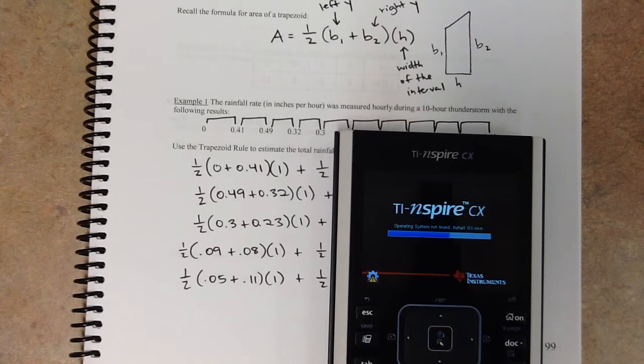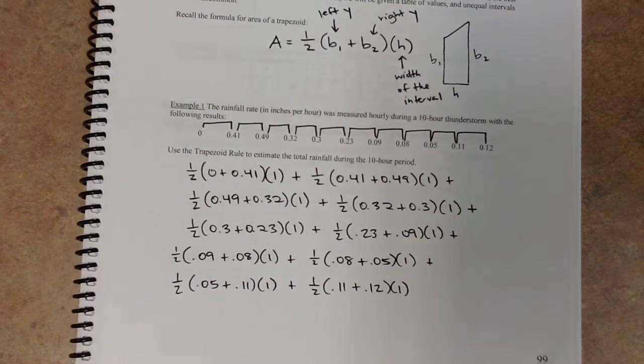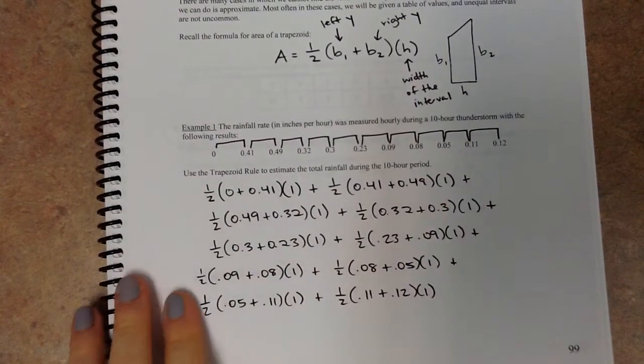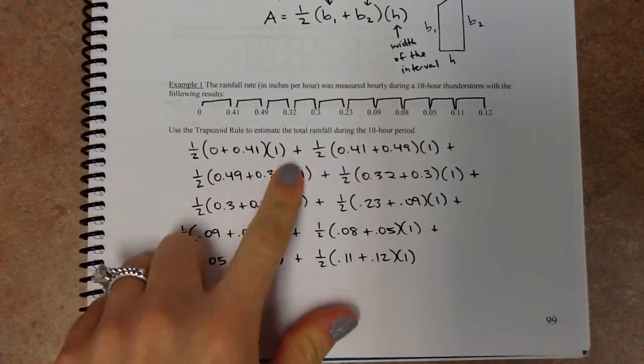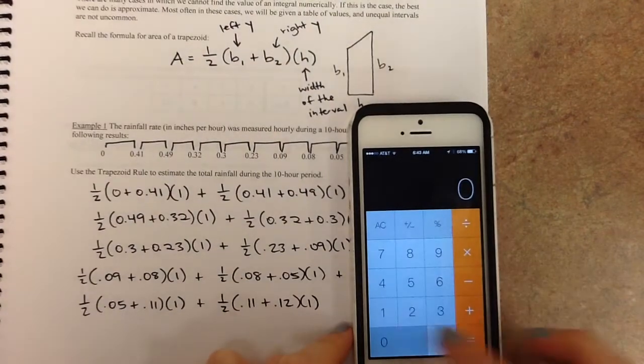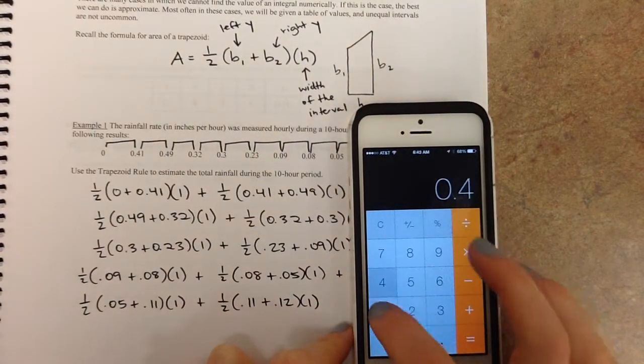Okay, so let me show you just a quick little trick here. Since for these ones, they're all the same interval, and they're all being multiplied by 1/2. So I'm just going to do the 1/2 and the 1 at the end, and I'm going to just sum all these together first. All right, so I'm going to take 0 plus 0.41